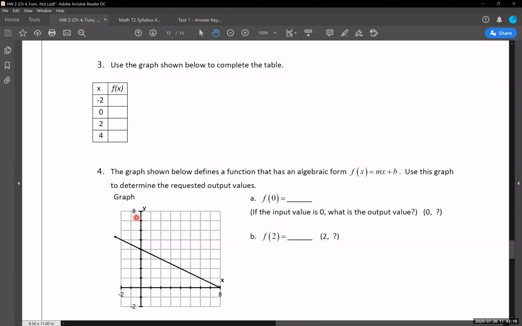So we come down to our graph and we say, all right, I know x is negative 2. So I go over to negative 2. What is the output value, or the f of x value that corresponds with that? So if I go up to my graph, looks like that's at 1, 2, 3, 4, 5. So if my x value is negative 2, what is my f of negative 2 value going to be? That's going to be 5. We just write that in. Where's the draw tool? We just write in 5.